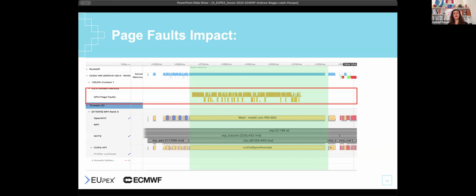During porting, from the Insight profiling report, we realized there are some page faults inside the report. For instance, here in this slide, you can see for TRA LDF modules, we see page faults. To reduce the cost of the page faults, we also used another new class from NVIDIA that you can see in the next slide.